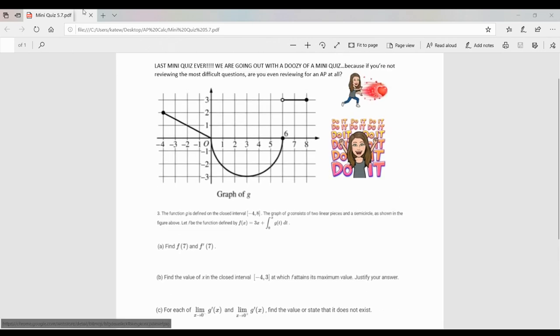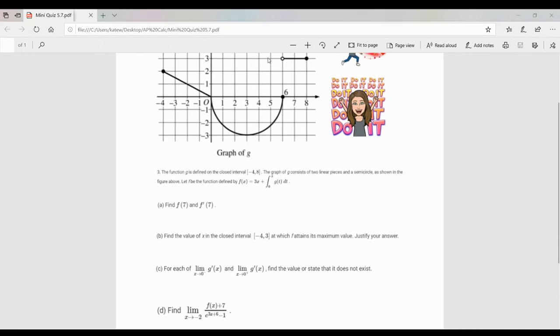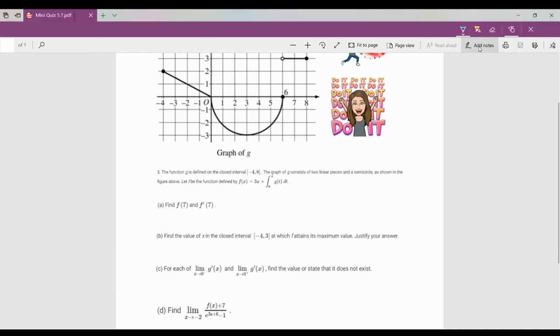So we are going to go through the mini quiz from 5.7. Our last mini quiz ever. Aww. All right, so this is a little tough one, so we'll take it step by step. We've got the graph of g given up above, and then we have